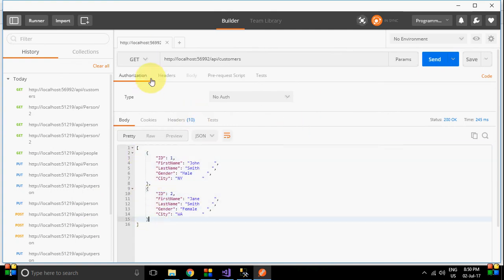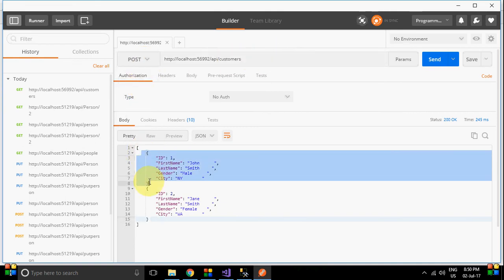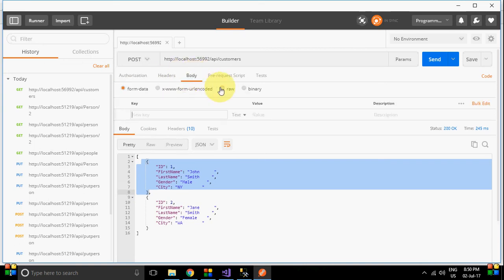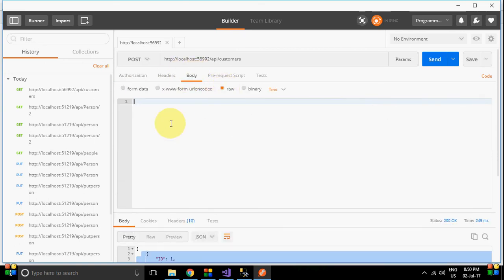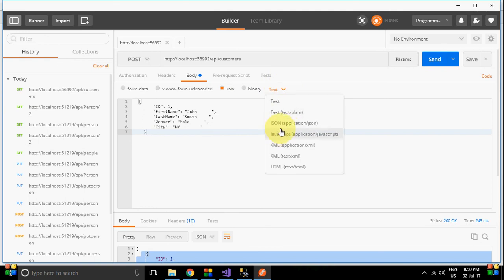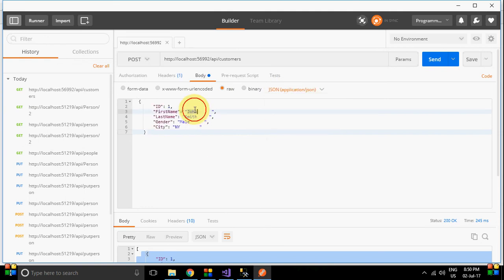Okay, so in a similar way we can call the post method and add one more customer. Go to body, click raw, and select JSON format. We don't need to add id because it's auto generated.